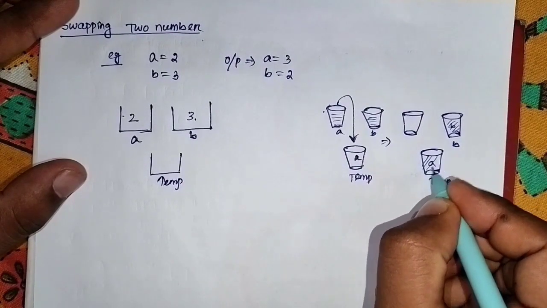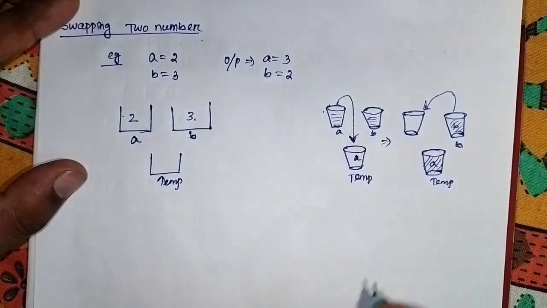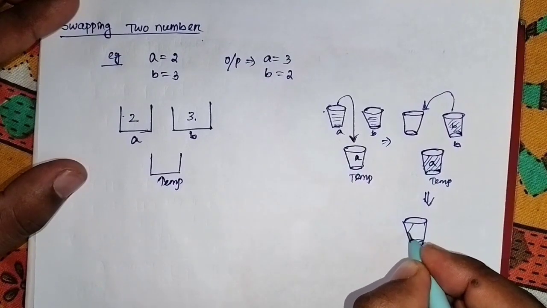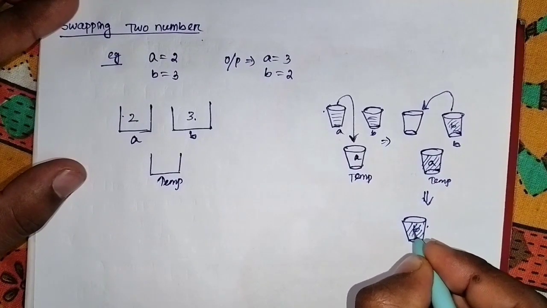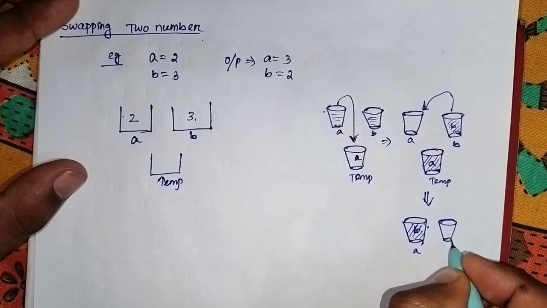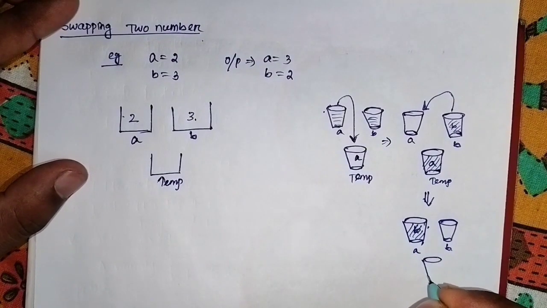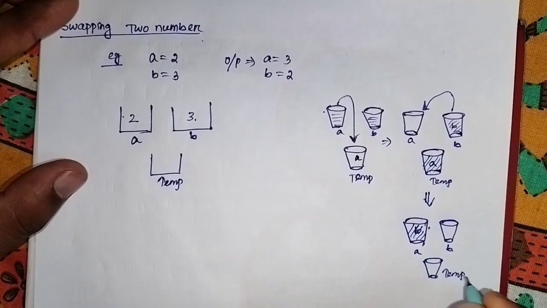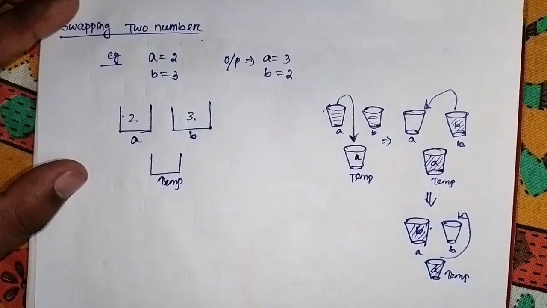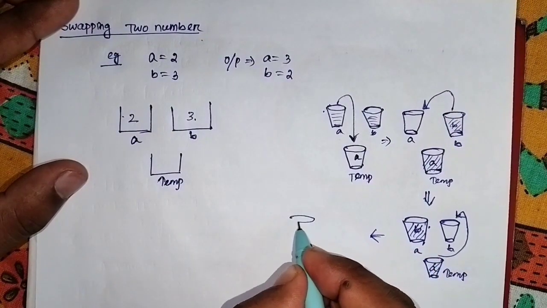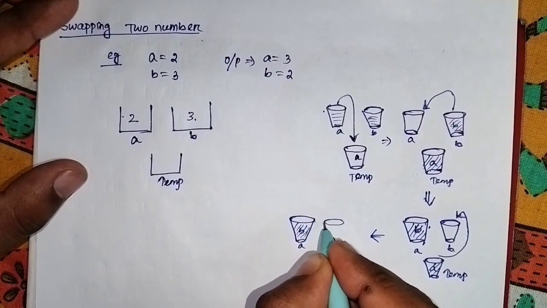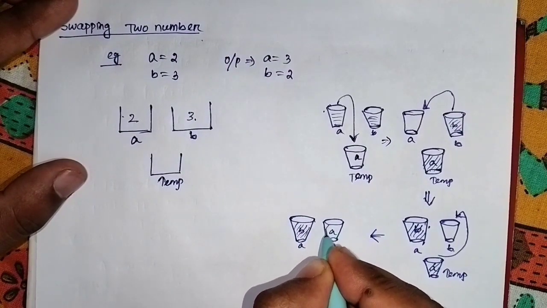If we now put the value of bucket B, or the water of bucket B, into bucket A, then bucket A will be filled with 3 liters and bucket B will be empty. Then come to the next step: put the water which is in the temp bucket into bucket B. This is the last step, so here you will get 3 liters in bucket A and 2